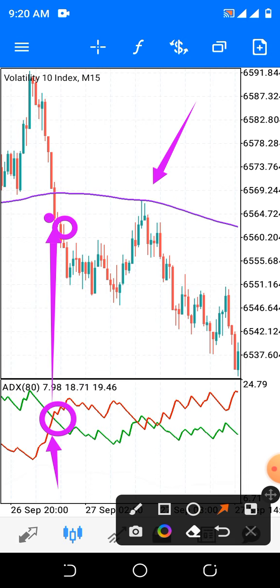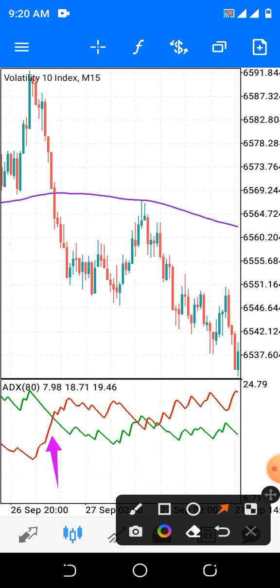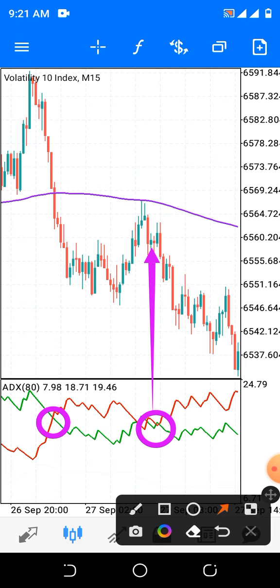Now if you miss this first entry here, here is another entry where the red line of ADX crosses the green line. That is, the red line is above the green line. That is another clear entry for you, which is here. You make your sell entry here and profit, as easy as that. Provided the market still remains below the moving average, all that you will be doing is selling, looking for sell entries.